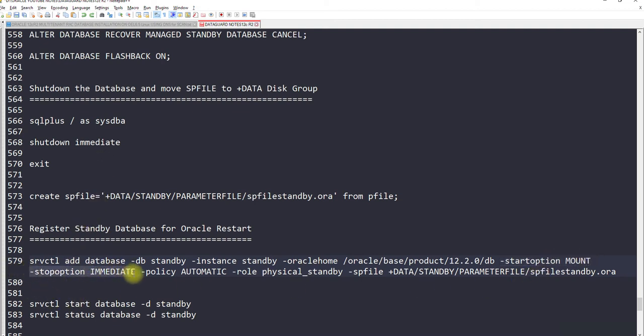Stop option will be shutdown immediate, okay, and for that reason stop option is this srvctl stop, okay. As soon as you mention that, it will use the immediate method to shut down the database. Policy will be automatic, role will be physical standby, current role will be physical standby, and SP file is located here. Let me check if everything is fine. Okay, so let's run it.